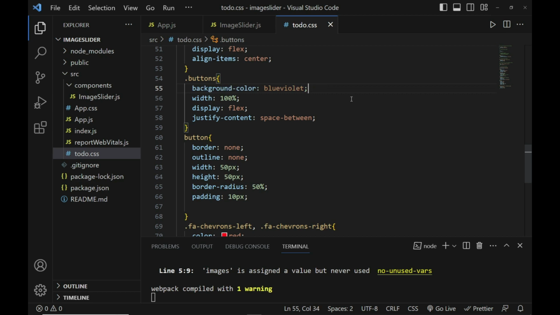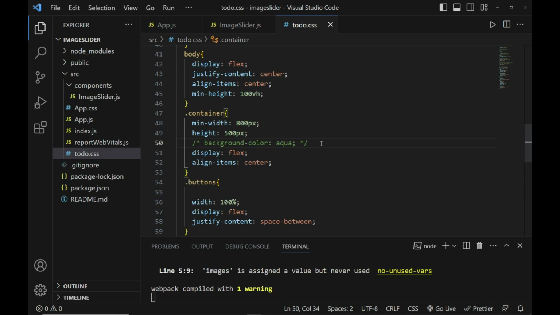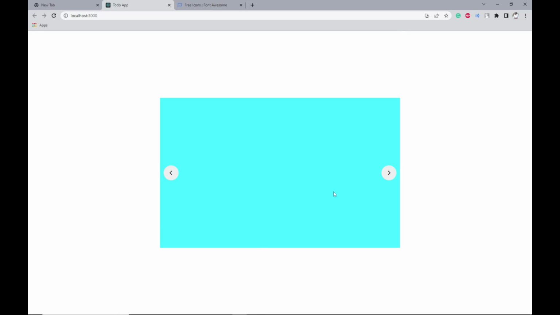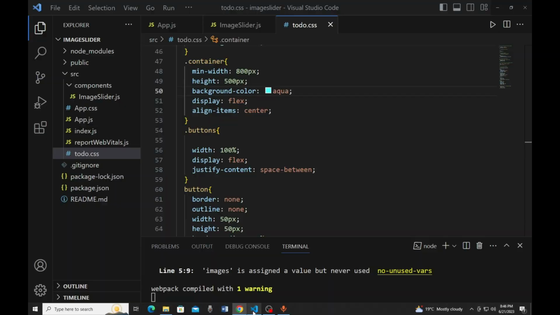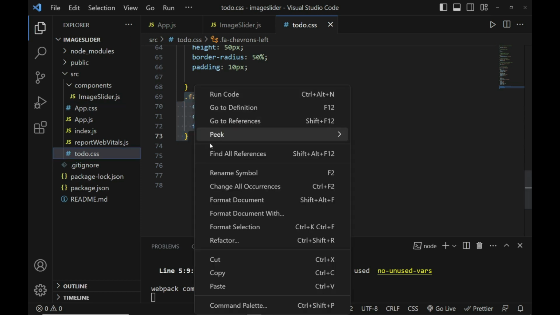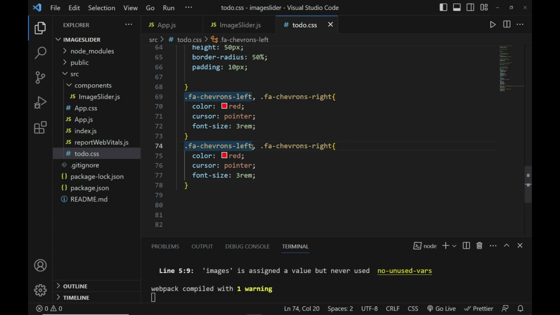So if I return my background color, not this one, not this one, I think this one. Yeah, you can see now it's coming together. All right, so I want, when you hover on the buttons, to let's do this. I want this one